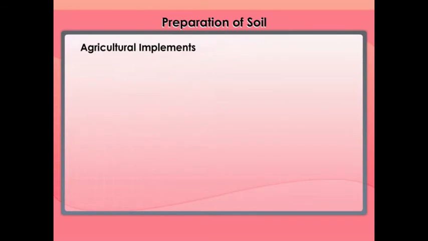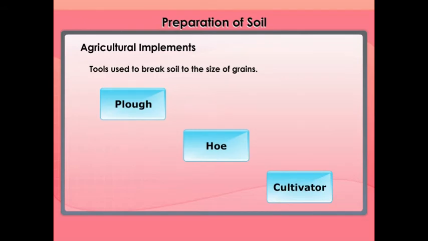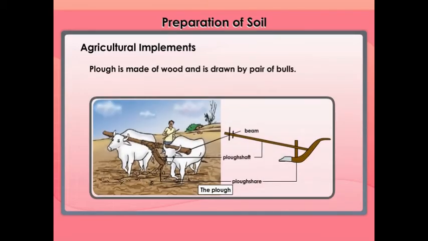Agricultural implements. Before sowing the seeds, it's necessary to break the soil to the size of grains to get better yield. This is done with the help of various tools. The main tools used for this purpose are the plow, hoe, and cultivator. Plow is being used since ancient times for tilling the soil, adding fertilizers to the crop, removing the weeds, scraping of soil, etc. This implement is made of wood and is drawn by a pair of bulls or other animals